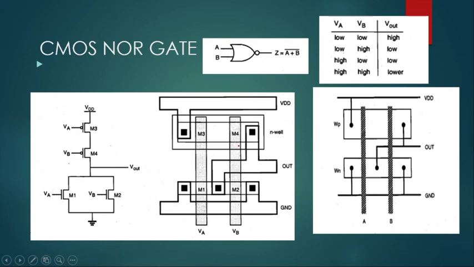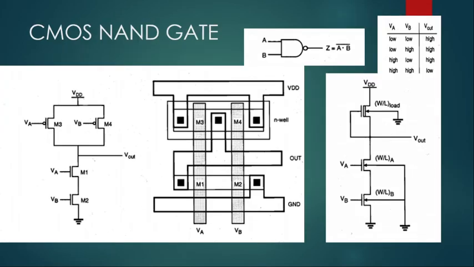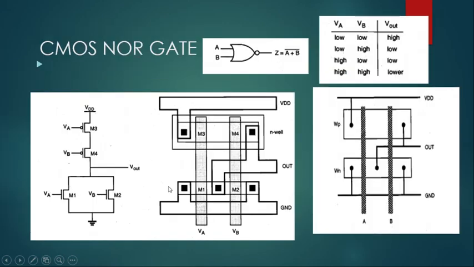Now this is your CMOS implementation of NAND. Here directly the layout is shown. Okay, so you can make either layout in a monochromatic form, but here if you are making, you have to mark all the colors as well. Now for CMOS NOR gate, if you want to observe,